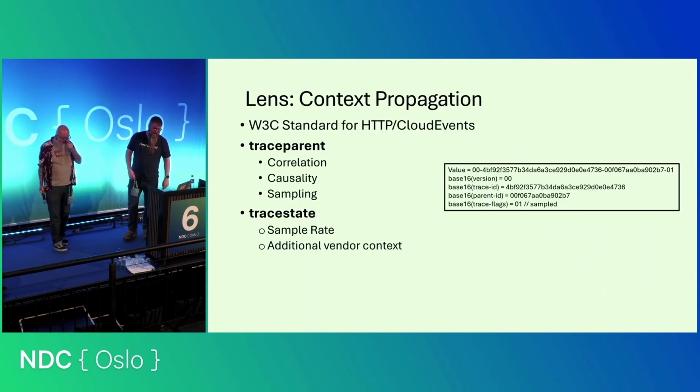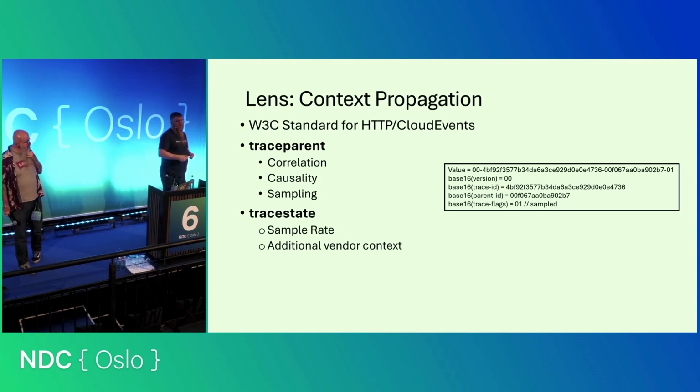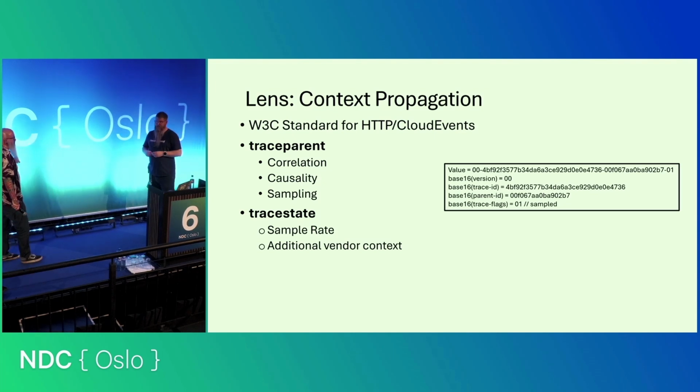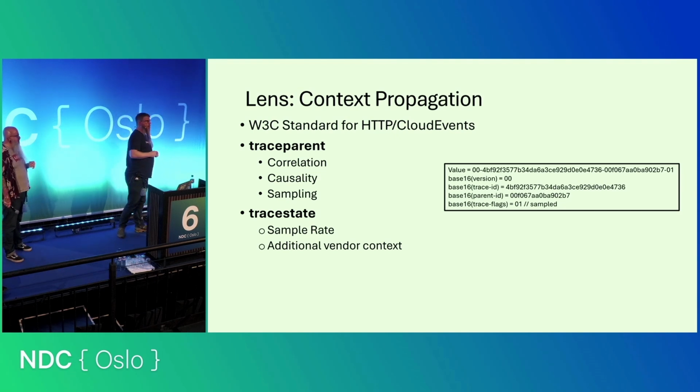Yeah. Now, we do this through something called context propagation. Now, context propagation is something that came out of the W3C. It is not an OpenTelemetry thing, which is what a lot of people think. It's not a Microsoft thing, which is what a lot of other people think. Context propagation came out as a W3C standard many, many years ago. And what it allows us to do is kind of advanced correlation.